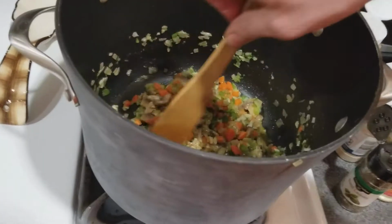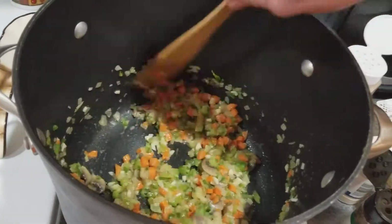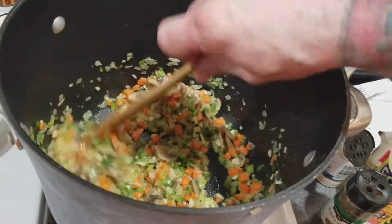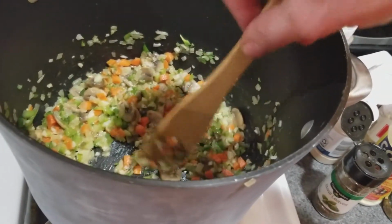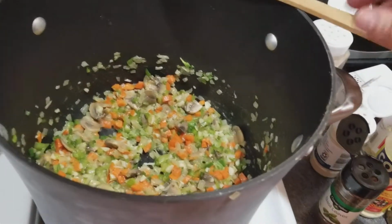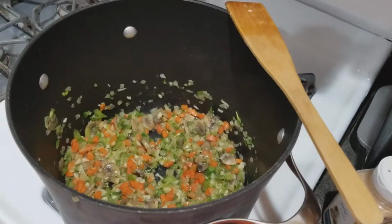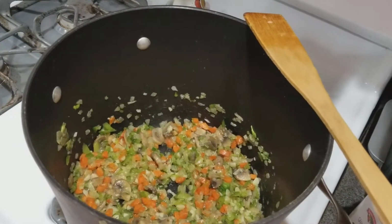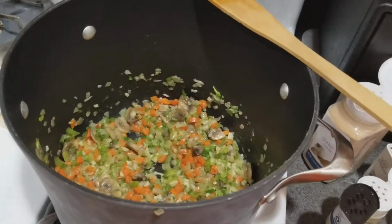Okay, so it's been sauteing for just about 5 minutes, not very long. So I think we're right to where I want it, because I don't want my mushrooms to get too soft, because like I said, everything's going to continue to cook. If I'm repeating myself, I apologize, because I keep hitting pause. So for you it's a couple seconds later, and for me it's a couple minutes later. Okay, so now